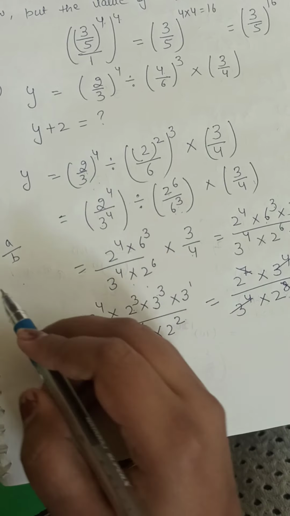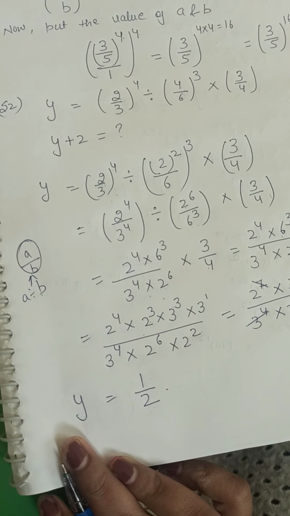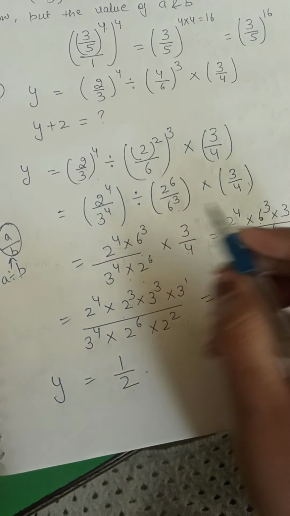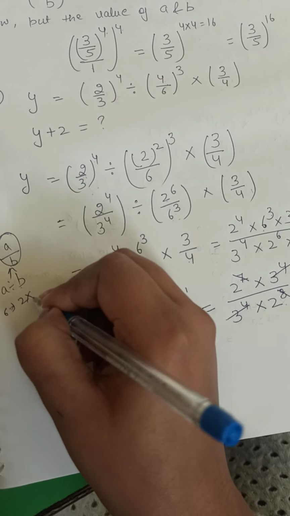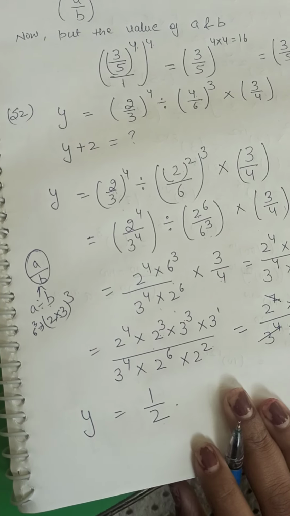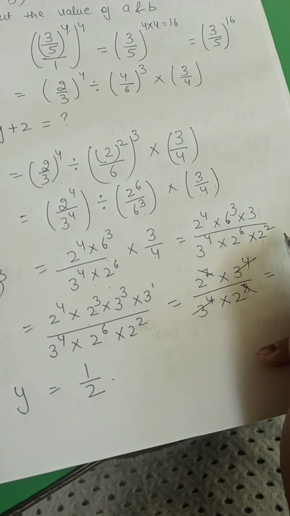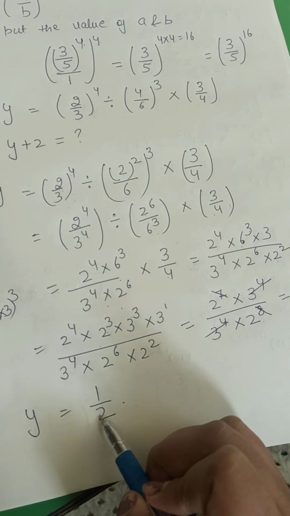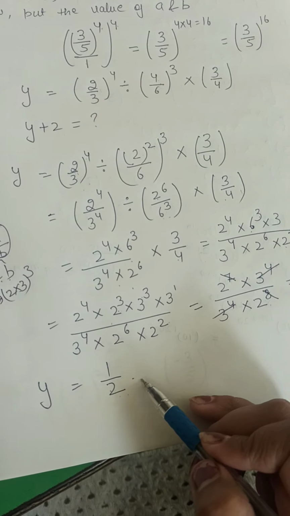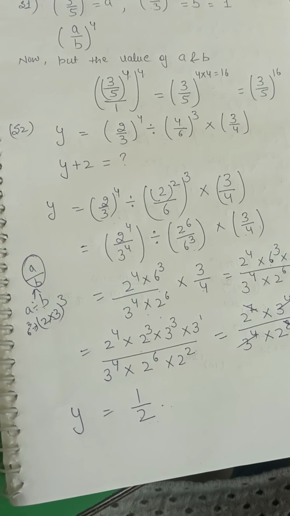दिस विल कम डाउन व्हेन यू राइट इन द फॉर्म ऑफ a डिवाइड बाई b को आप इस फॉर्म में लिखोगे a बाई b की में. क्लियर? नाउ आई जॉइन दिस 6 आई कैन राइट 2 मल्टीप्लाई 3. जो 6 की पावर है वो आपका कंप्लीट 3 की पावर आ जाएगी. 2 मल्टीप्लाई 3 दी पावर 3. दिस 4 आई कैन ऑल्सो राइट हेयर 2 दी पावर 2. नाउ पावर्स ऐड करो एंड योर आंसर इज 1 बाई 2. Now you will find the value of y plus 2 by putting the value of y is 1 by 2. Clear this question? Very easy one.